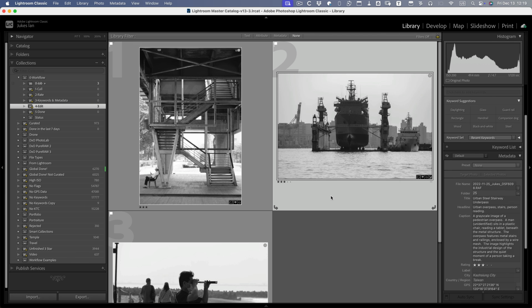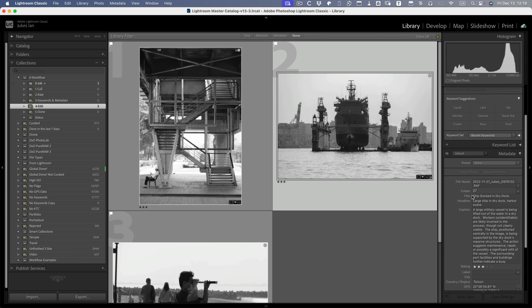Yeah, so it's perfectly identified these. This one here is a ship in dry dock. Ship in dry dock, large ship in dry dock, harbour scene, large military vessel being lifted out of the water in a dry dock. Workers are like, see, it's fantastic, a fantastic